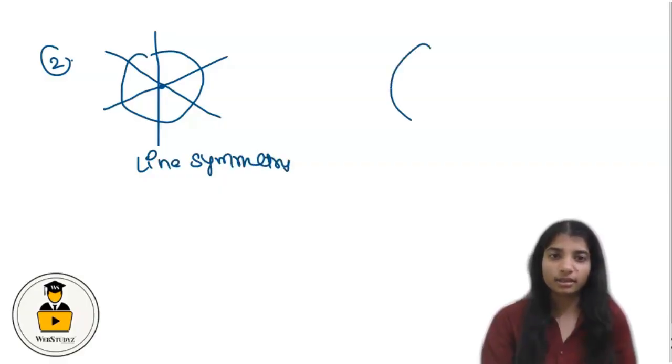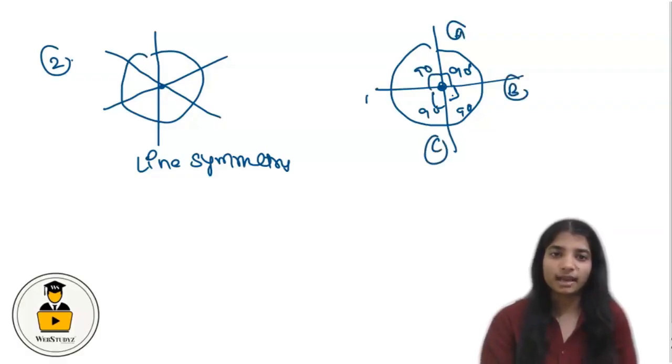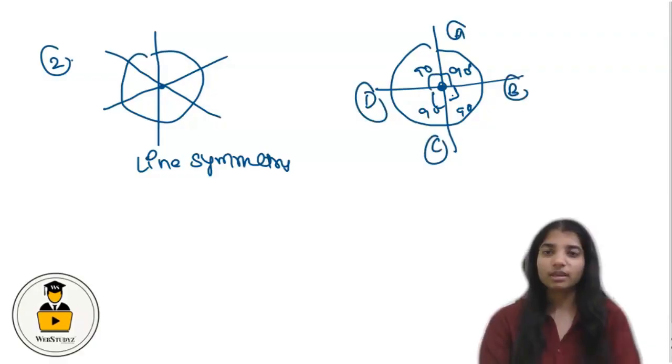Now we are doing this circle. This is our circle. We are dividing it into four equal parts, and we know that every diameter passes through the center, making an angle of 90 degrees with the other diameter. So this is 90 degrees, this is 90 degrees, this is 90 degrees. Let's say this is part A, this is part B, this is part C, and this is part D. So when we rotate this circle by 90 degrees four times,